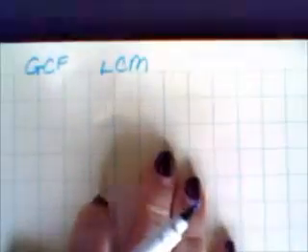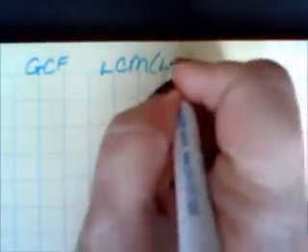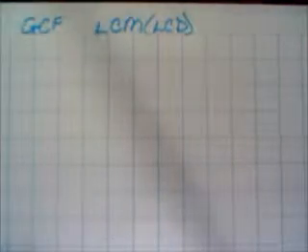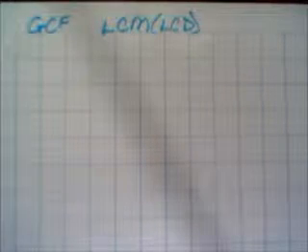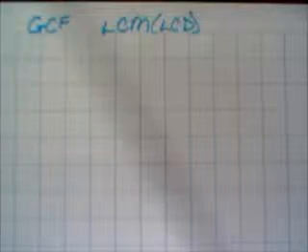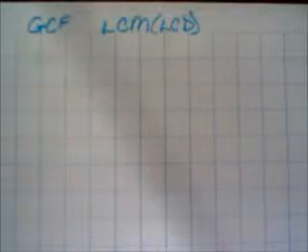All right, so I'm back to do greatest common factor and least common multiple, least common denominator, right? Same thing. Okay, so anyway, I'm back to do both of those right now, and this is an easy way to do that. Okay, so if I was looking for the greatest common factor for, let's say, the numbers